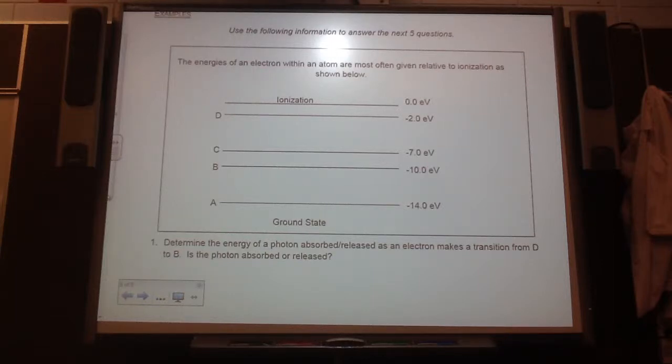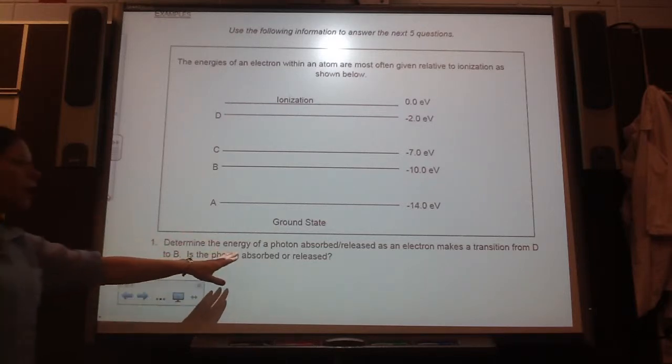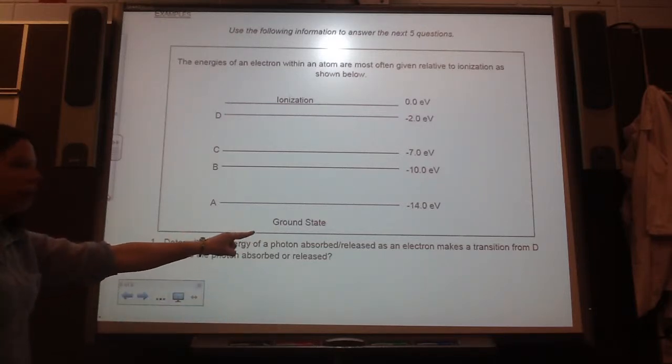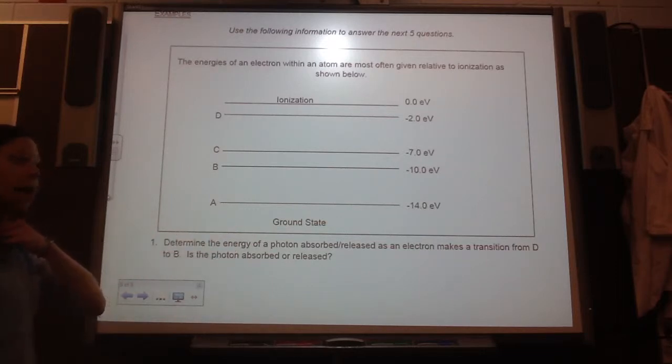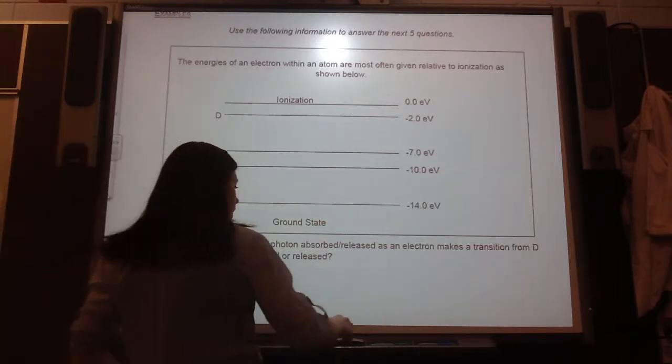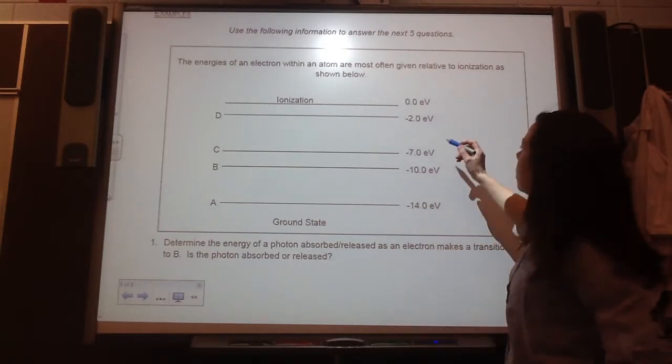It's kind of a diagram of what we just looked at, and you have to interpret and work through it and answer multiple questions on it. So let's get our bearings here with this question. We have the energies of an electron within an atom, most often given relative to ionization as shown below. Determine the energy of a photon absorbed or released as an electron makes a transition from D,